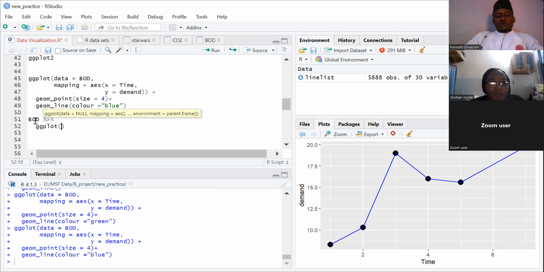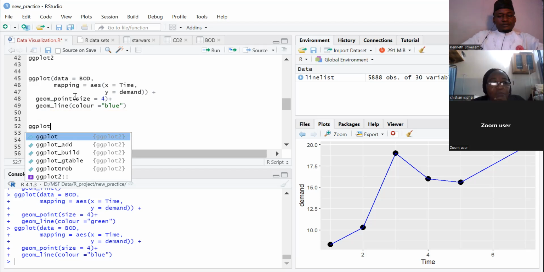We've already told R in the first line that we're working on the data set, so we don't need to tell R again here. We can also perform arithmetic operations on Boolean values. For example, we can have true plus true. We get the result as 2. In the same way, if we have